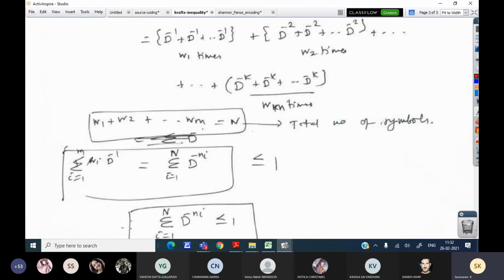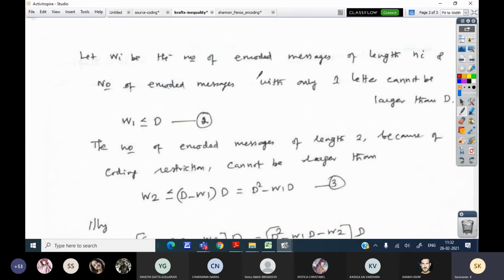So here W1, W2 are nothing but how many symbols are going to use a single bit. I think I told this in the beginning. When you substitute I as 1, the number of encoded messages with only one letter, W1, is the number of encoded messages where we use only one letter.